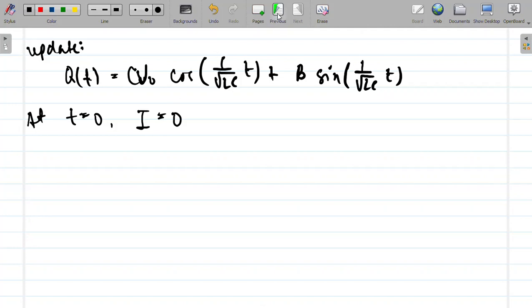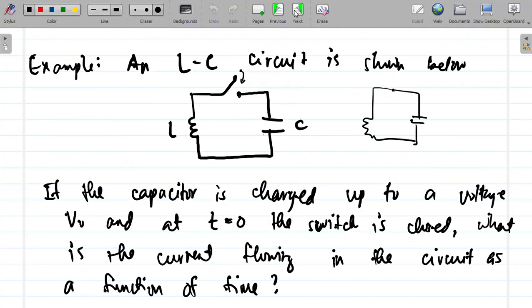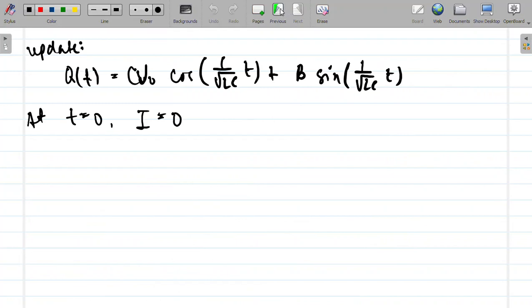So, 'di ba, nung umpisa, hindi mo pa ino-on yung switch. So, wala ka pang current na dumadaloy doon. Now, paano natin makukuha yung I? Bale, ang dq over dt, yan ay I of t, 'di ba? So, dq of t over dt, I of t. So, bale, ito ay equal sa,